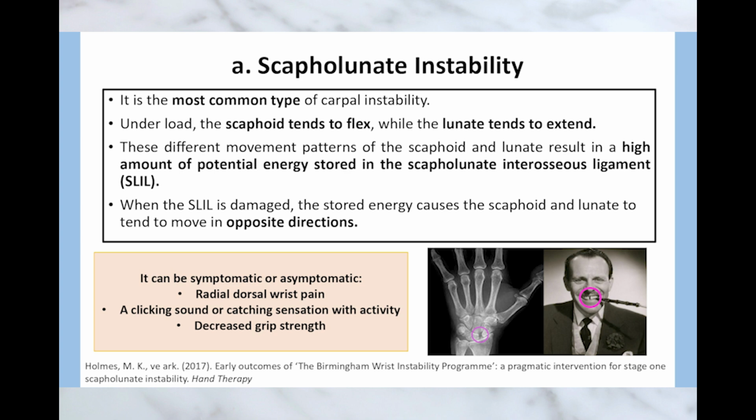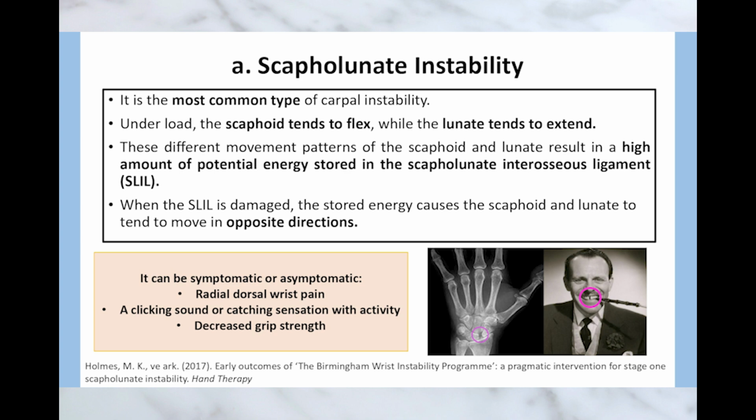Right, so I can see how that would definitely lead to a feeling of instability, maybe some pain. What are some of the typical symptoms someone might experience with scapholunate instability? So they often have pain on the back of the wrist, the dorsal side, and on the thumb side, the radial side. They might also have clicking or popping in the wrist when they move it. And a lot of times they'll notice a decrease in their grip strength because the mechanics are off. And actually, we have a diagram here that shows this uncoordinated movement between the scaphoid and lunate when that SLIL is damaged. Interesting. Yeah, it really helps to see it.